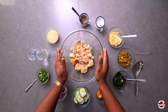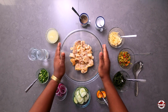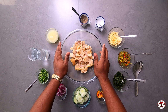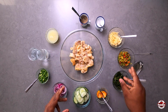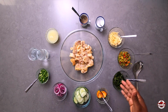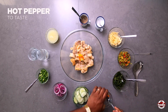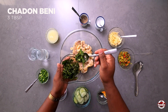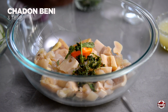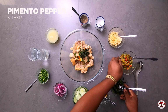Right, so today I'm going to show you all how I make my local fave cow heel sauce. We're going to start with all our local ingredients that typically go in the sauce. Our habanero pepper, half, Chadon Beni, pimento,